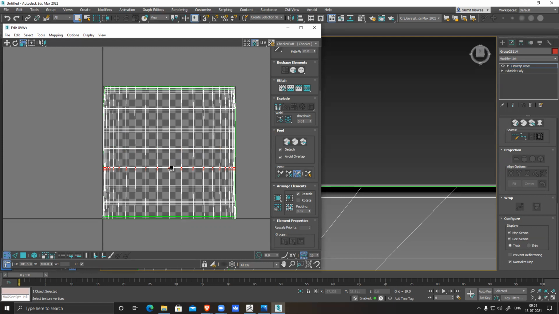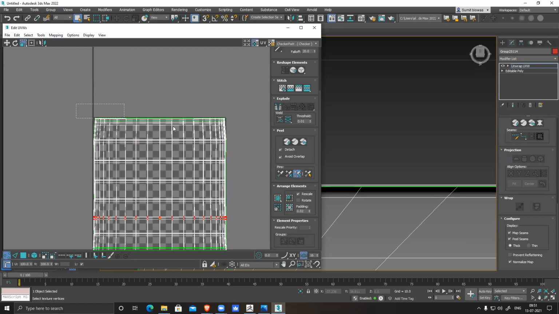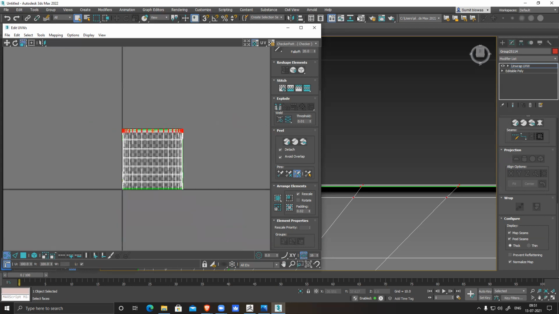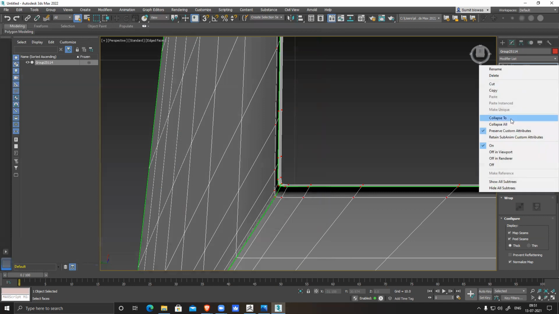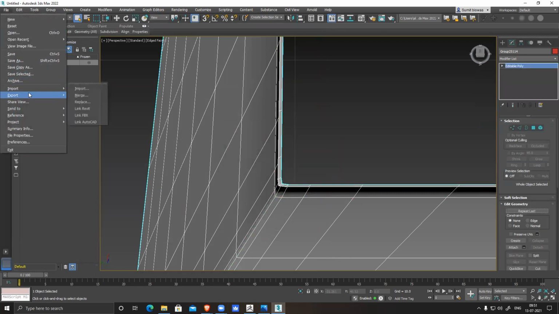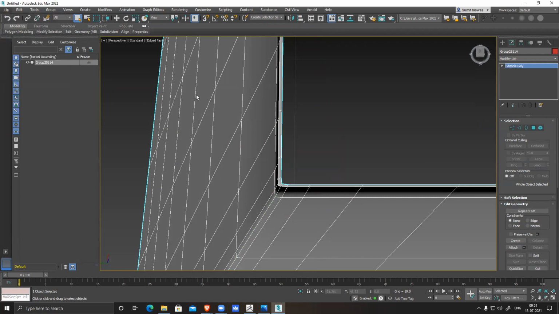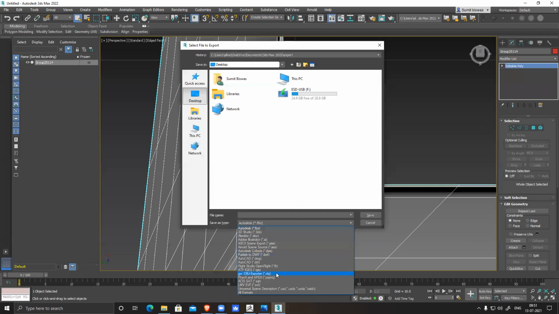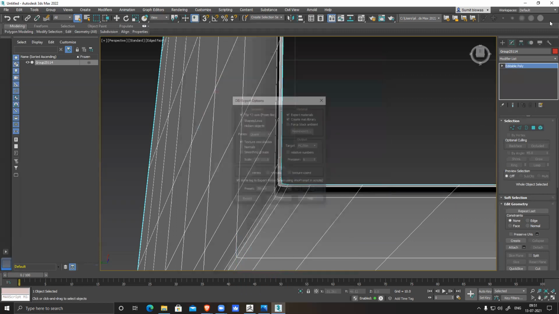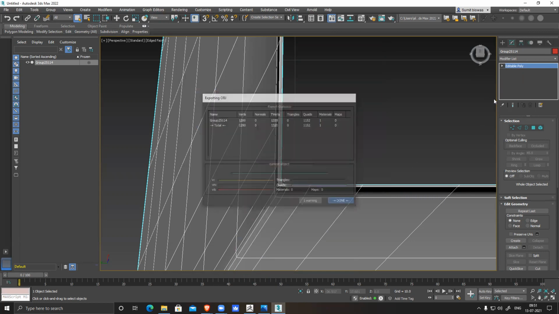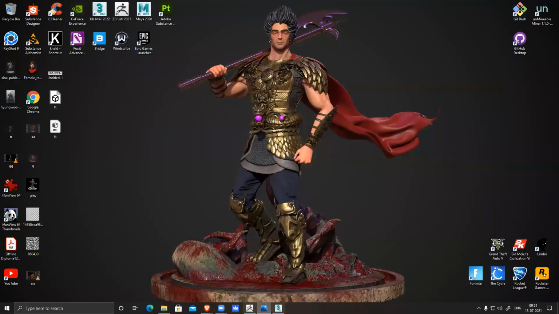Align them nicely. Okay, almost correct. Export selected, back to export script, done. Go to ZBrush,